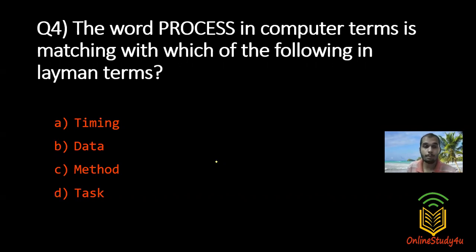So that would be task, right? A process to a computer is like a task that is given to us. For example, if you are in school, you'll be given homework. If you're working somewhere in a company, you'll be given a task that you have to solve, right? Big boss will give you tasks. Just like that, for a computer, there will be processes. So the word that matches process is option D, task here. Let's go to the next question.